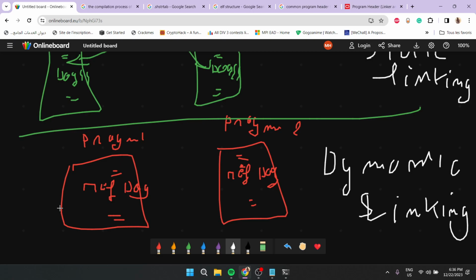Yes, I think this is it. So now let's go back to the execution. Let's go back to the kernel, just imagining the kernel is now running the alpha. So if the binary being executed is dynamically linked,